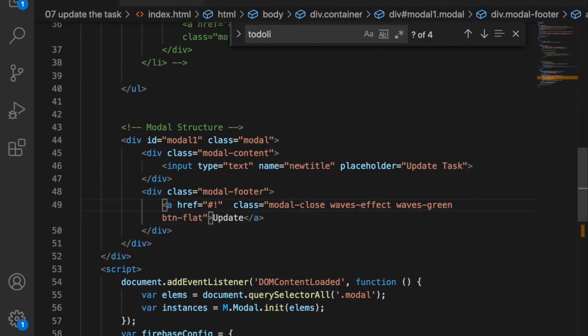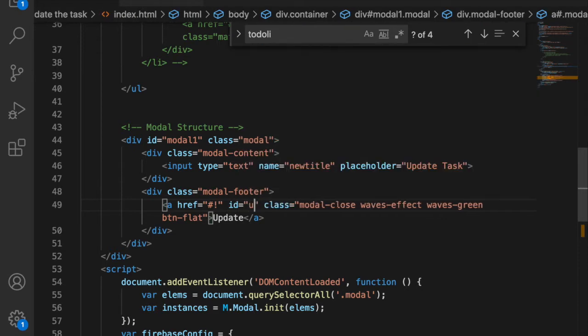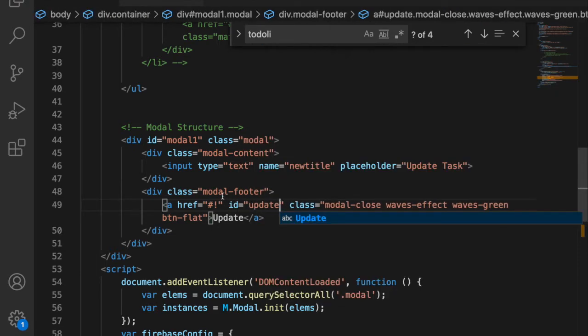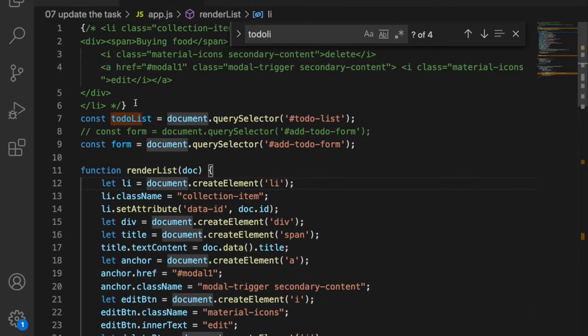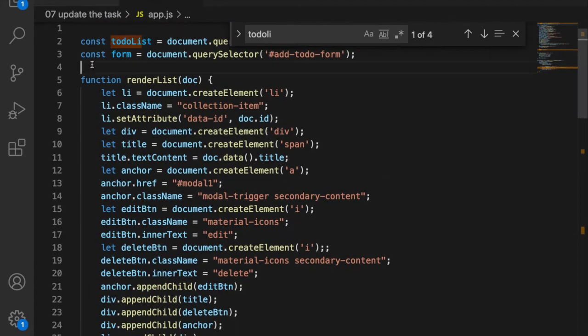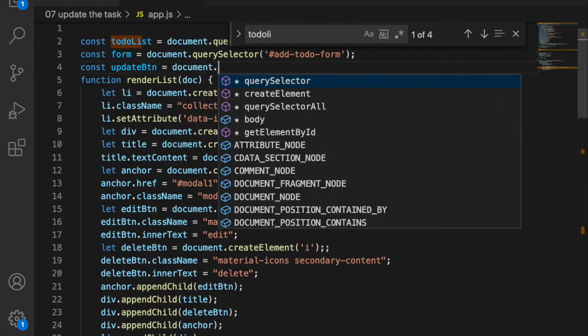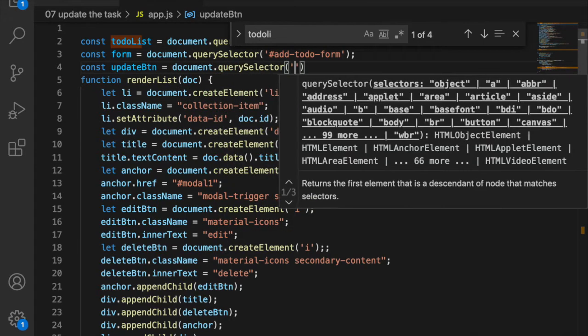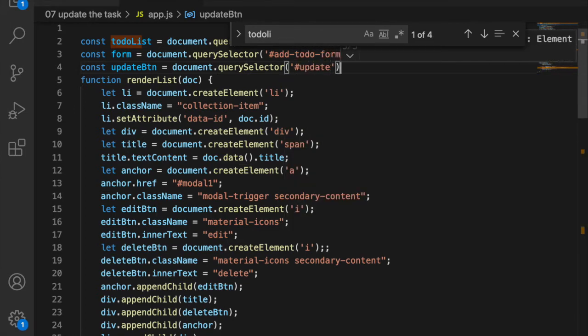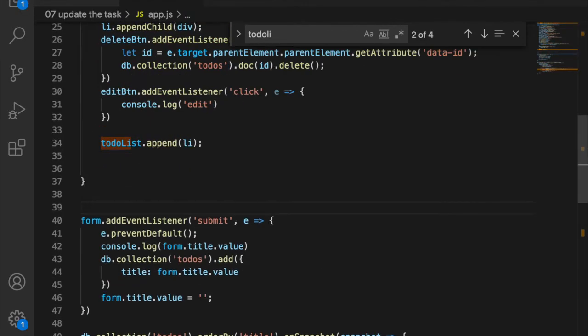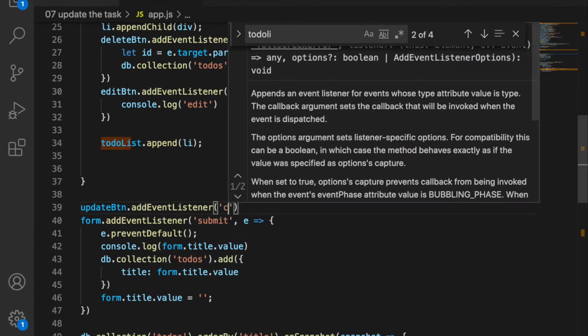And before we add the function, we have to add the ID is equal to update so that we can grab the button by using the ID. So we delete this bunch of code, and then we create an update button by using document.querySelector, and then update, and then at the bottom we can use updateButton.addEventListener, and then click,